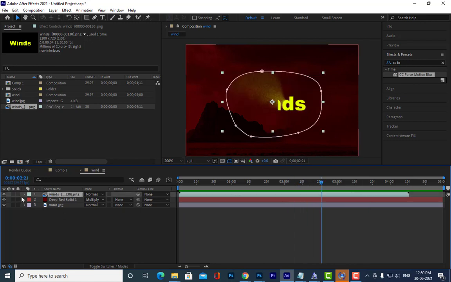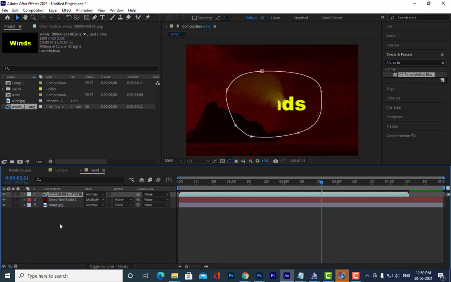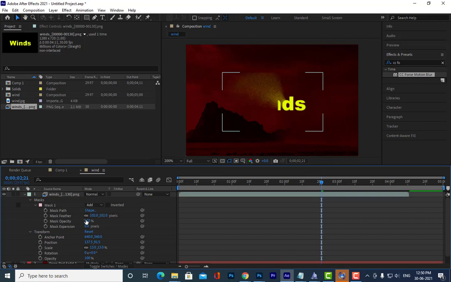So we'll increase the feather here. We have to increase the feather even a little bit more. So why is it not coming?